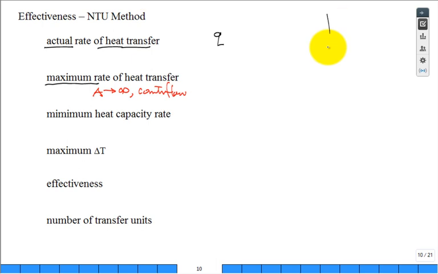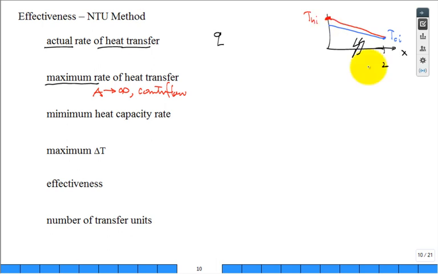So maybe up here I sketch, and I'm coming in with the hot fluid, T hot in, and maybe over here I'm coming in with the temperature cold in, right? And this is x. If I have a finite L, I'm going to cut it like this, and then I can make a very, very long x-axis. I should maybe draw 3 of these because it depends on the heat capacity rate of the hot and the cold fluid, but the hot fluid could come out the same as the cold in, and the cold could be like this,